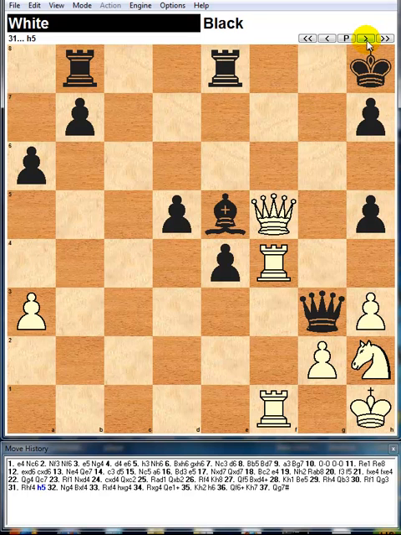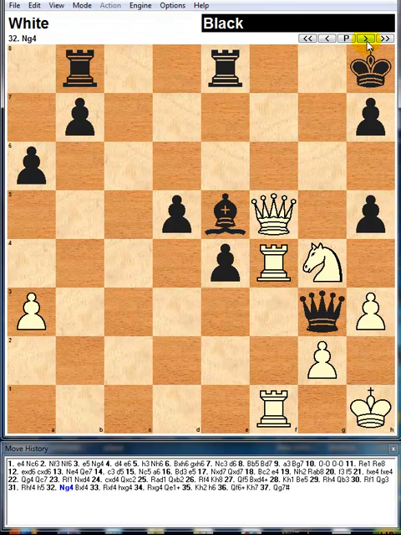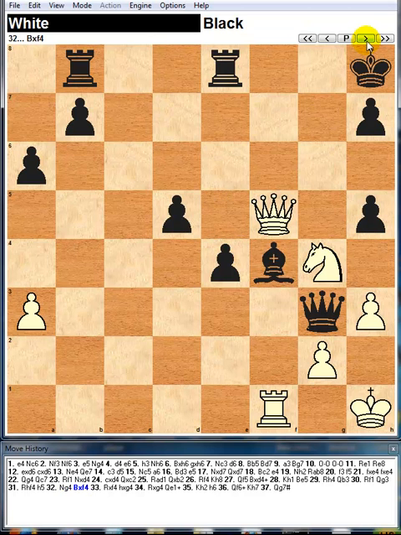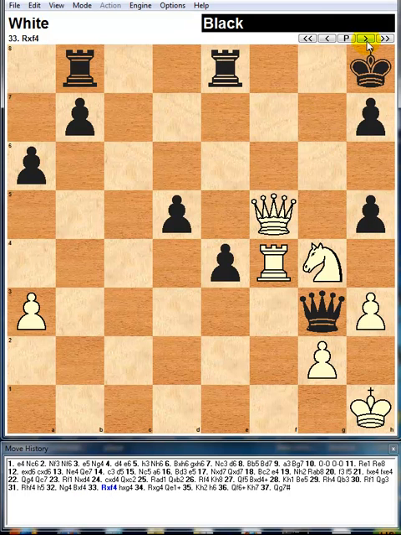I think he's trying to stop my knight coming into the game, but I still in this position am having quite a bit of pressure from black, so I do want to play my knight into the game on the king side, and I now play knight to h4. Even though it's directly attacked by the pawn, I may get an opportunity, and this may prove useful later in the game. Now black does play bishop takes rook f4, and I simply play rook takes bishop back, so I've